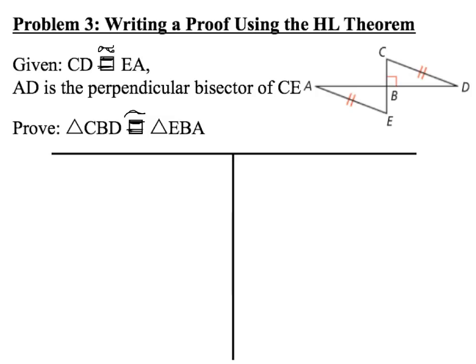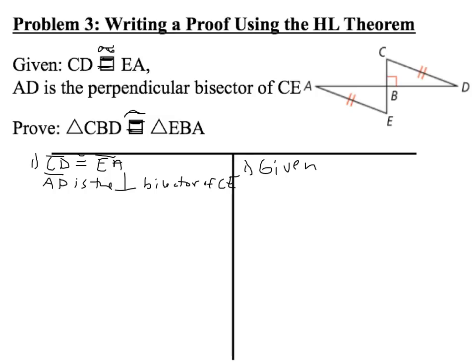So here's a proof. Whenever you have perpendicular, you're probably going to be using hypotenuse leg. I have CD congruent to EA, and AD is the perpendicular bisector of CE. Perpendicular bisector gives me two things. First, the perpendicular part: if AD is the perpendicular bisector of CE, that means it's creating two 90-degree angles. So I'm going to write as my second step, angle ABE